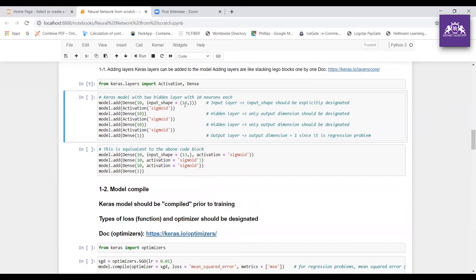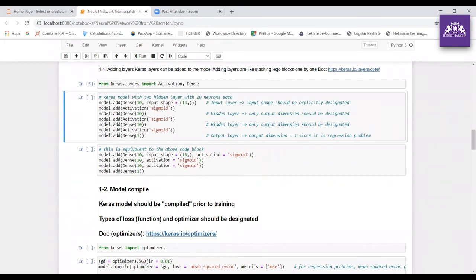Here we are talking about the input layer. Input shape should be explicitly designated, right? Now I'm adding activation as sigmoid, and model.add(Dense(10)), model.add(Activation('sigmoid')). So I'm adding a hidden layer, and I'm adding another hidden layer, and then I'm writing the output layer.